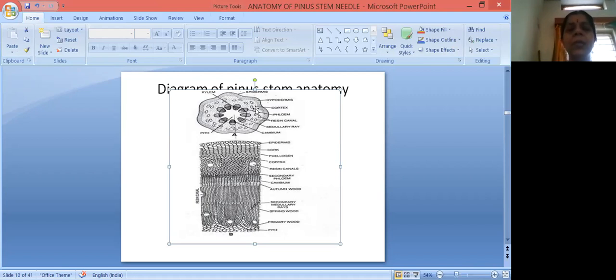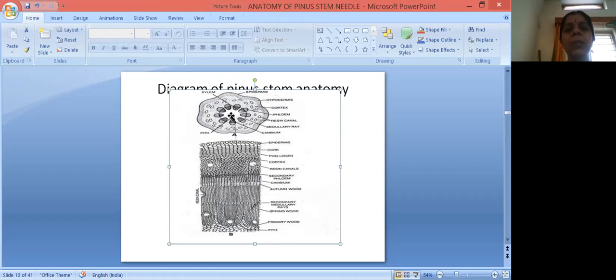Those vascular bundles are arranged in a ring, and the interfascicular and intrafascicular cambium, meaning the cambium strip which is present in the bundle and the one between two vascular bundles, unite with each other and form one annual ring. So every year when secondary growth occurs, one annual ring is formed, which gives the indication of the age of the plant itself.